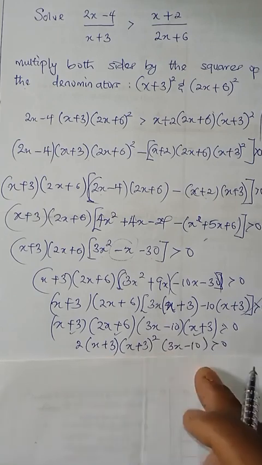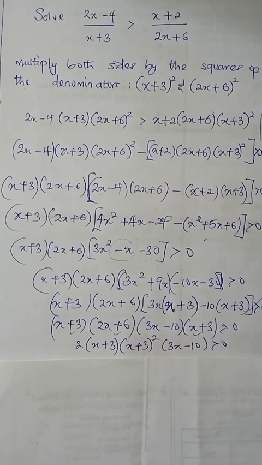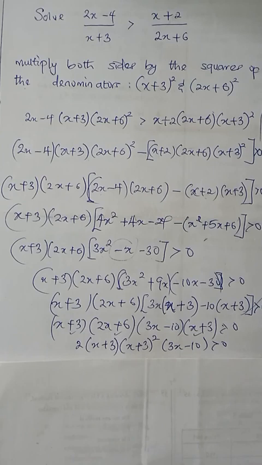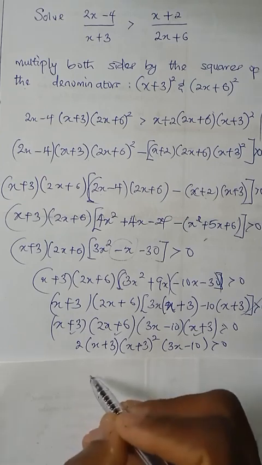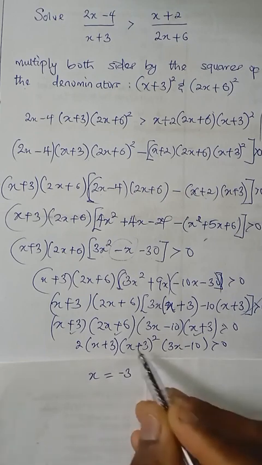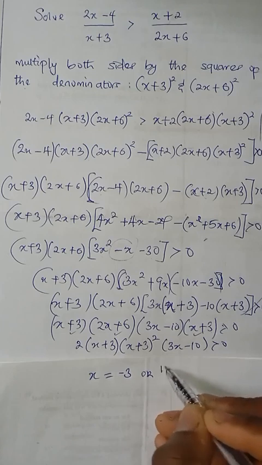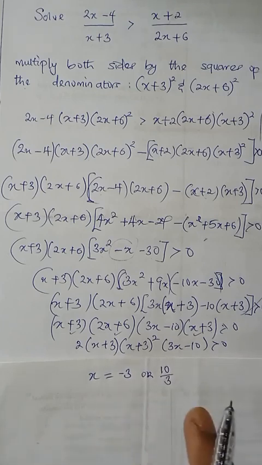So once we have this, this is the key to actually solve our inequality question, because the question is saying we should look for a range. If it was an equation question, this is where we'd stop. We are finished, no problem. But since we are dealing with inequality, we are going to use one of the methods that we already know. Since our roots are x is equal to minus 3, or x is equal to positive 10 over 3,